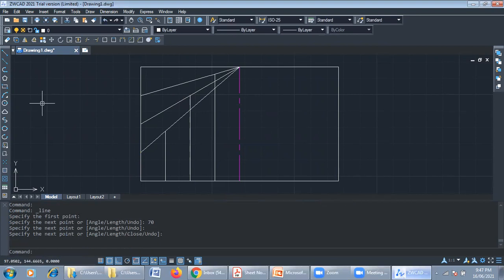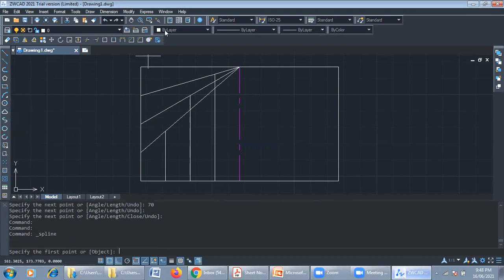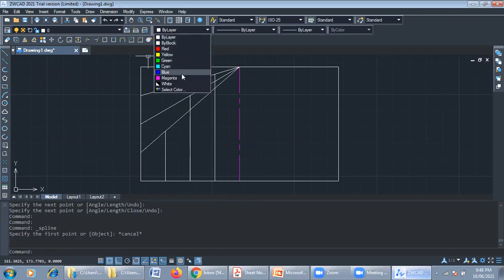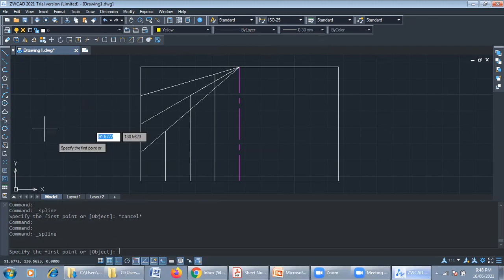Now I will be drawing a curve through the given points. You can see and understand 1, 2, 3 points, and the last one is the 4th point, these are the points of the curve. So I need to draw the curve by using spline curve. Select spline curve. After that, you can select the proper layer, the third or the first. Select the proper color, and select the thickness as well. So I will select 0.30 mm. Don't go for the higher side, maximum 0.30 mm.